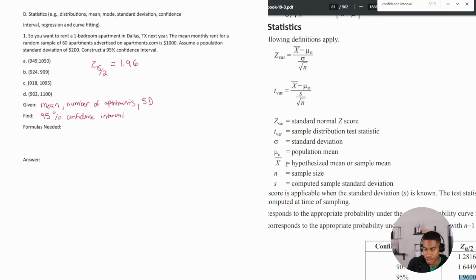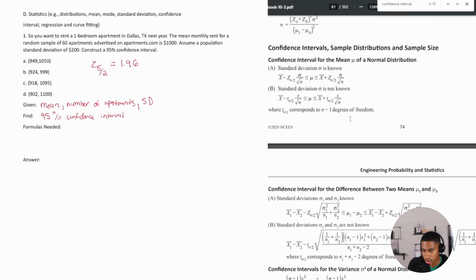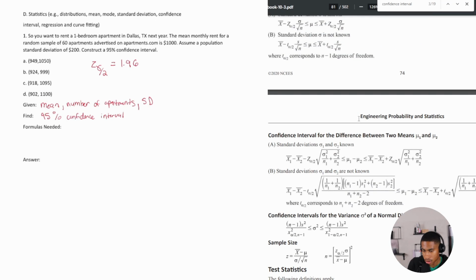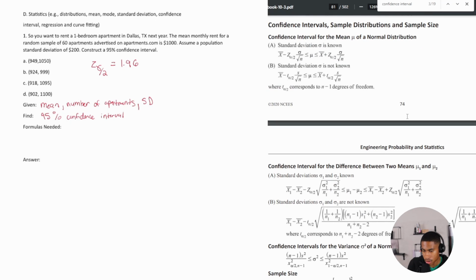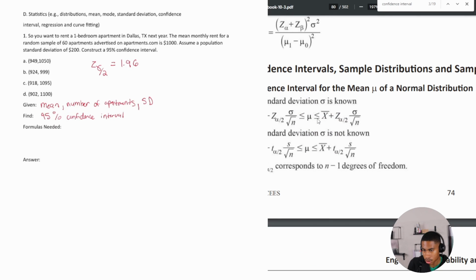Your population mean, your hypothesized mean, right? That X bar that we saw. N is the sample size. So once we go back to our problem, then